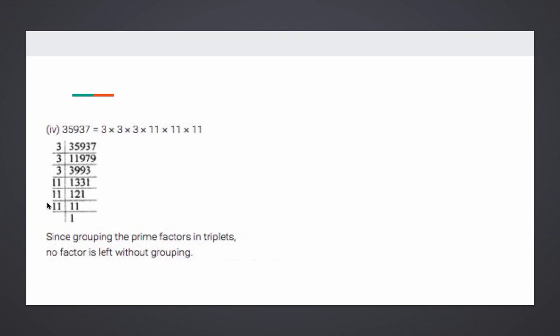Then you'll be able to tell the number also. See, 3 is occurring 3 times, 11 is occurring 3 times. See student, when it is 1331, till 10 you know the tables, but 1331 will not come in any of the tables. So you need to know that 1331 is a perfect cube number and it is the cube of 11. If you know it, it won't ever be a problem for you to carry out the calculations. Otherwise, here only students you will get stuck. You'll keep on thinking which number it is. You need to know straight away. You don't have to waste time.